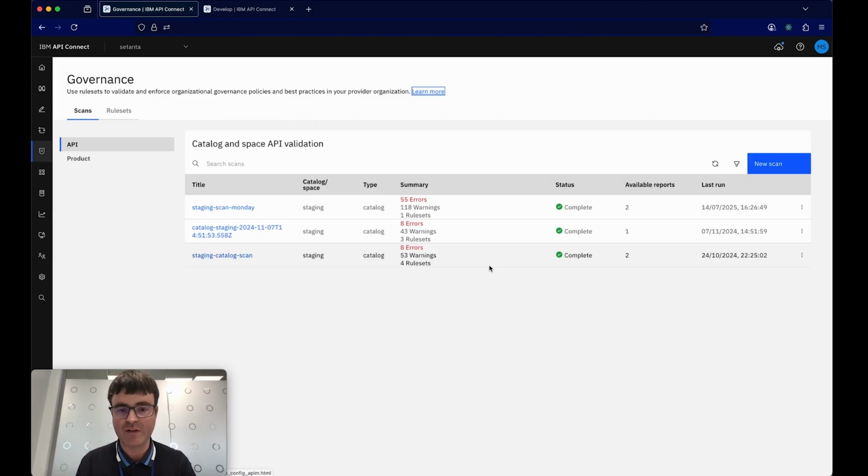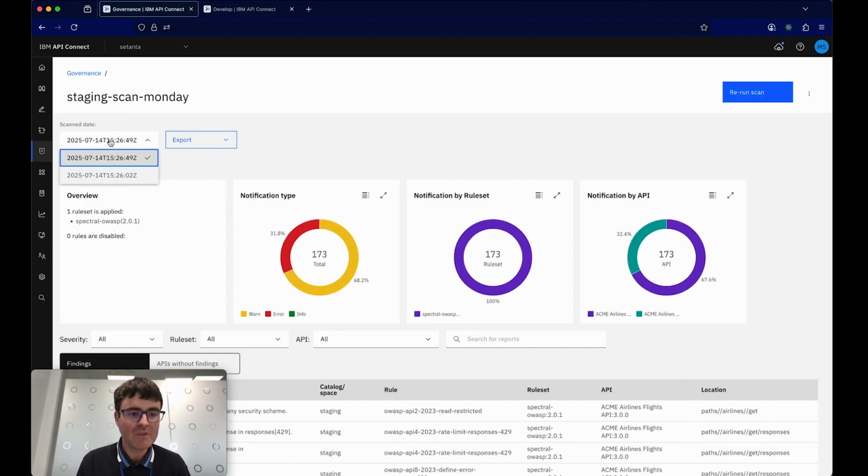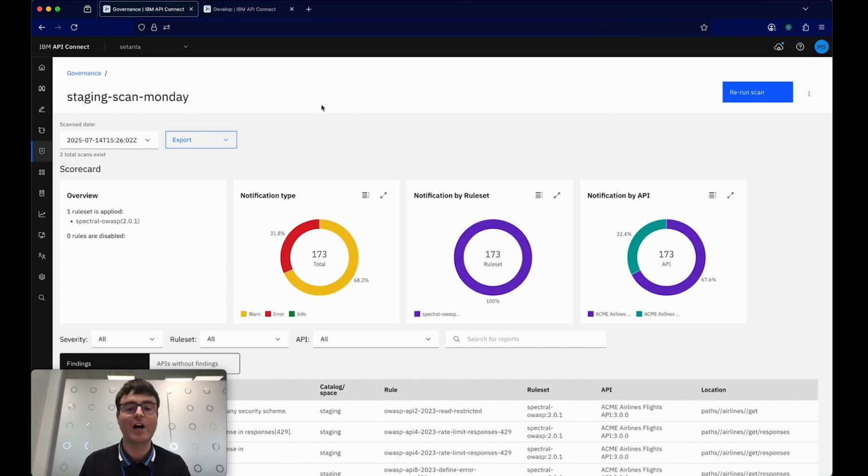And that has worked. This scan is quite intelligent. If there's no changes in the catalog, which there weren't in this case, it won't change anything. It'll only scan differences, deltas. So now I've got 2 reports available. So if I click back into this, I can then navigate between all the individual occurrences of these scorecard reports. And I can even export them in CSV or PDF format.